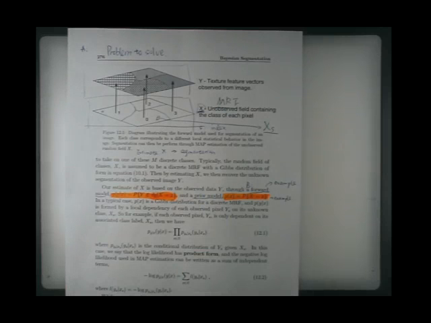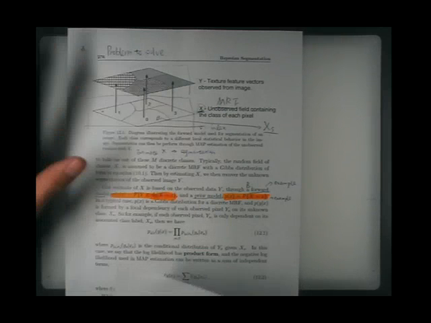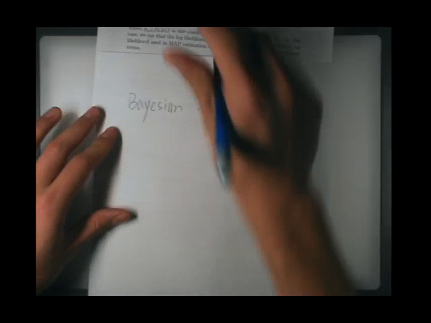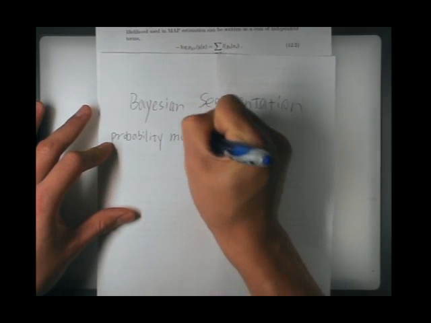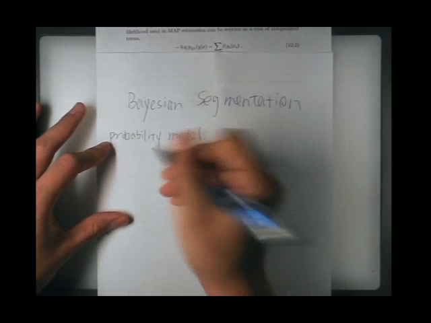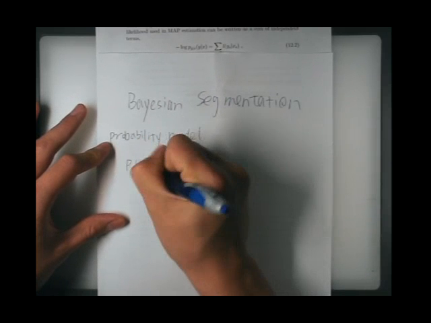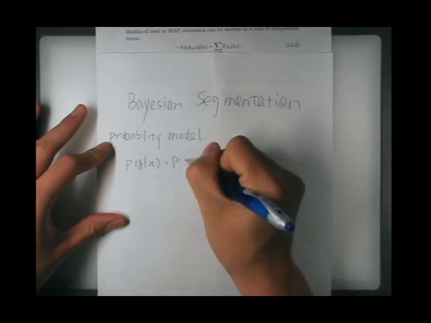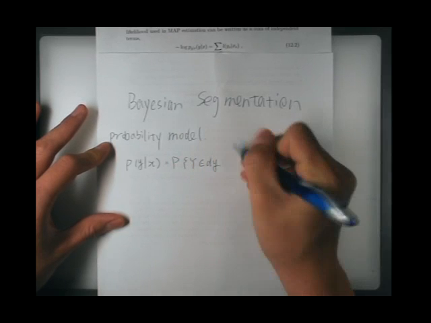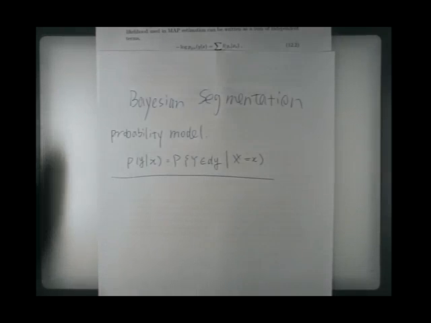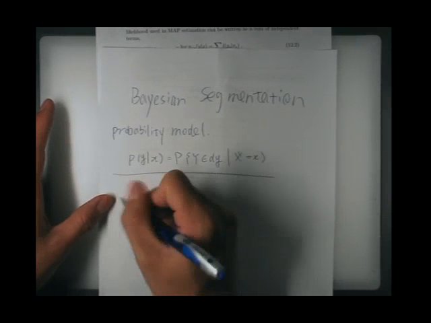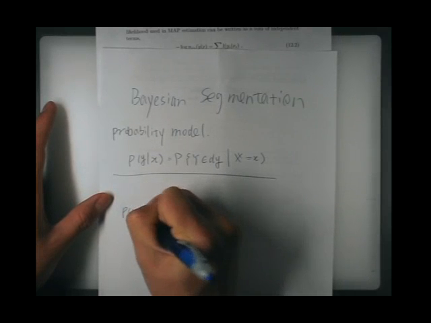And what is the probability model of this framework? We need to talk about two distributions. One is the forward model, probability model. P(y given x) is defined as P. So this is the definition of the forward model. And we also have a prior model, which is defined as